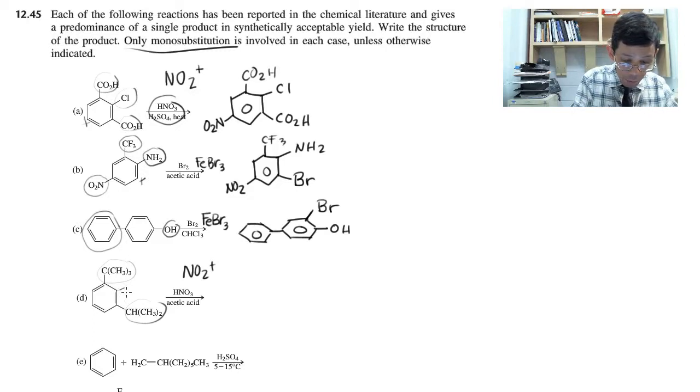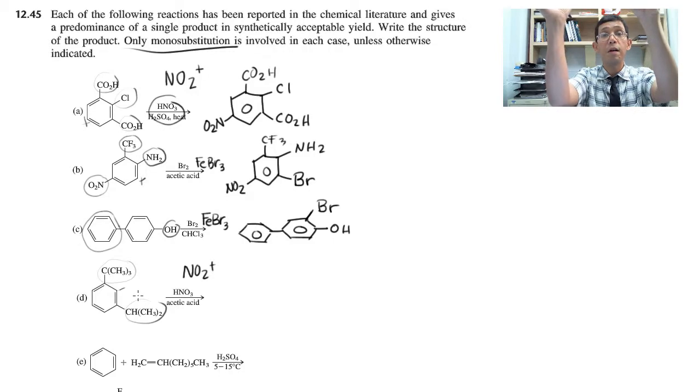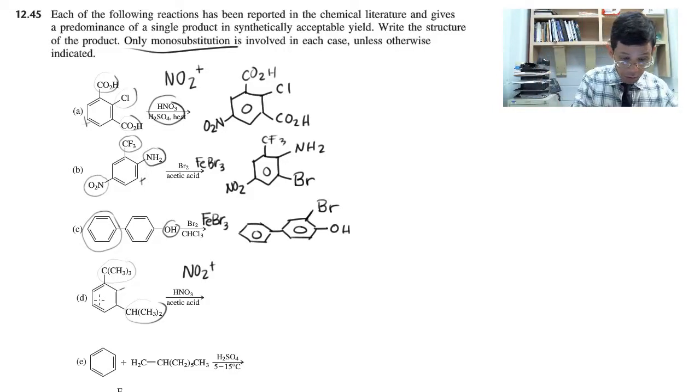Look at this one, a shared ortho position. The problem with that position is this is a tert butyl and this is a tert butyl. You have 2 tert butyls there at the 1,3 position. So in between those 2 tert butyls, it's going to be really hard to reach that carbon. So chances are the NO2 will add to the para position because that carbon is farthest from those bulky tert butyls. So the NO2 will add